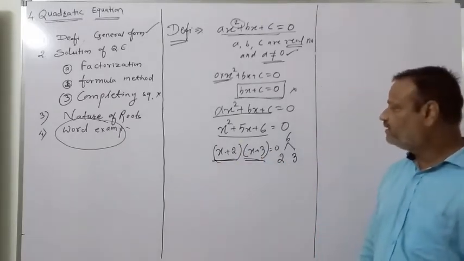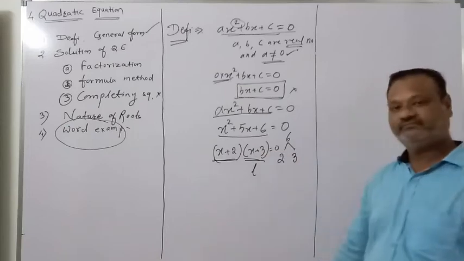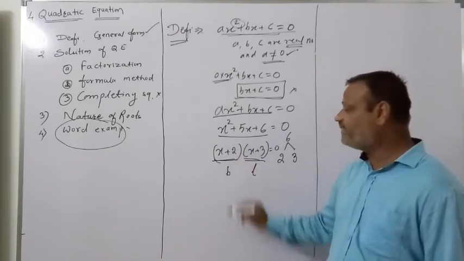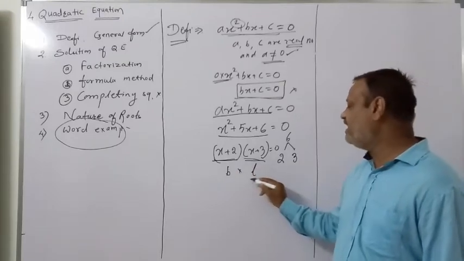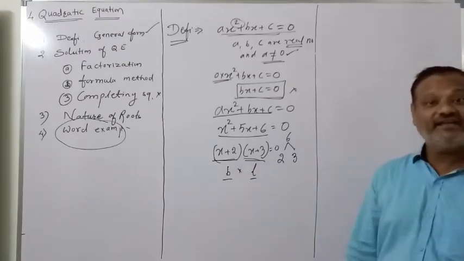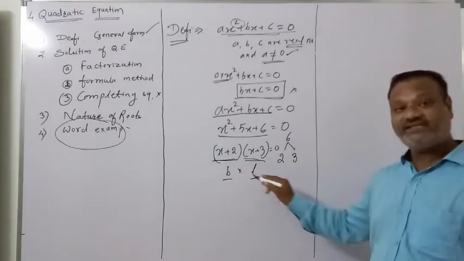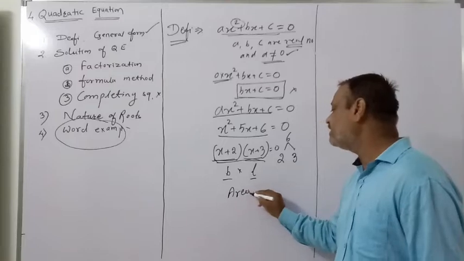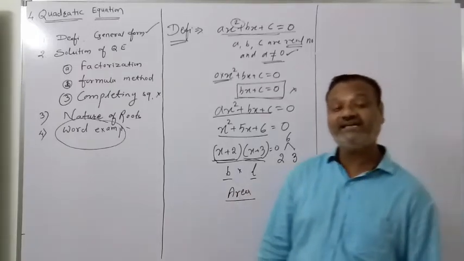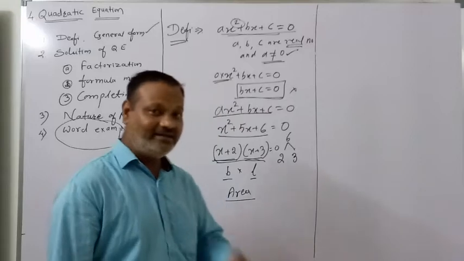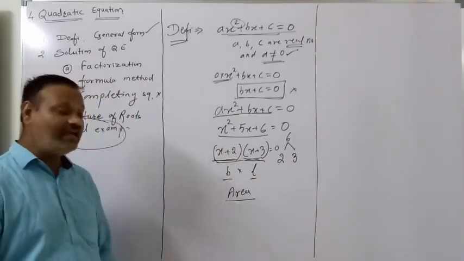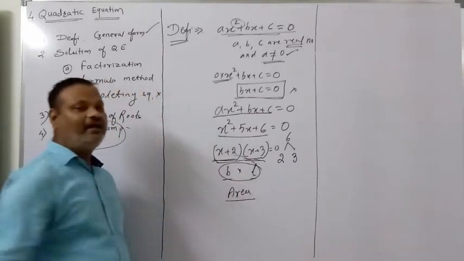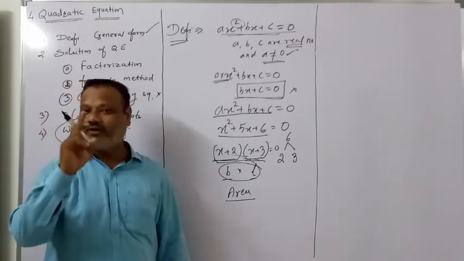Got it? Now if I consider this is your length and this is your breadth, then what we will get? Length into breadth. Now if this is length into breadth, so this is nothing but the area. ये क्या हो गया आपका? Area. Area किसका रहता है? Quadrant. Length into breadth means किसका area है? Rectangle. So this is the area of a rectangle, and rectangle is nothing but one of the quadrilateral.